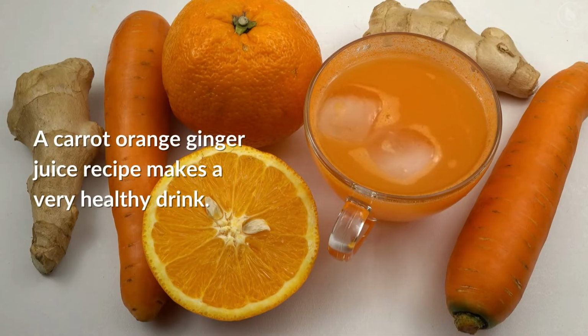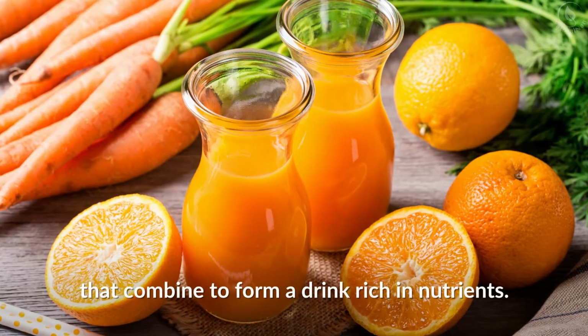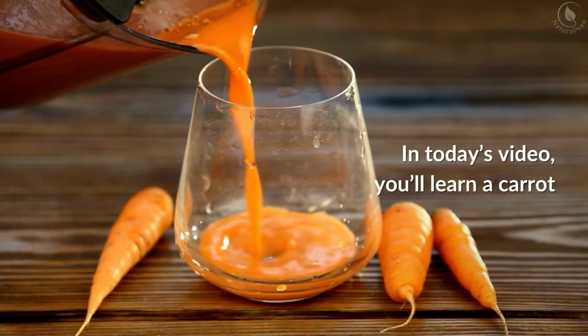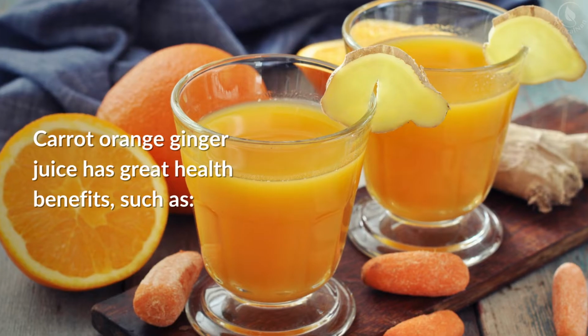A carrot orange ginger juice recipe makes a very healthy drink. Each ingredient offers its own set of health benefits that combine to form a drink rich in nutrients. In today's video, you'll learn a carrot orange ginger juice recipe and its benefits. Carrot orange ginger juice has great health benefits, such as